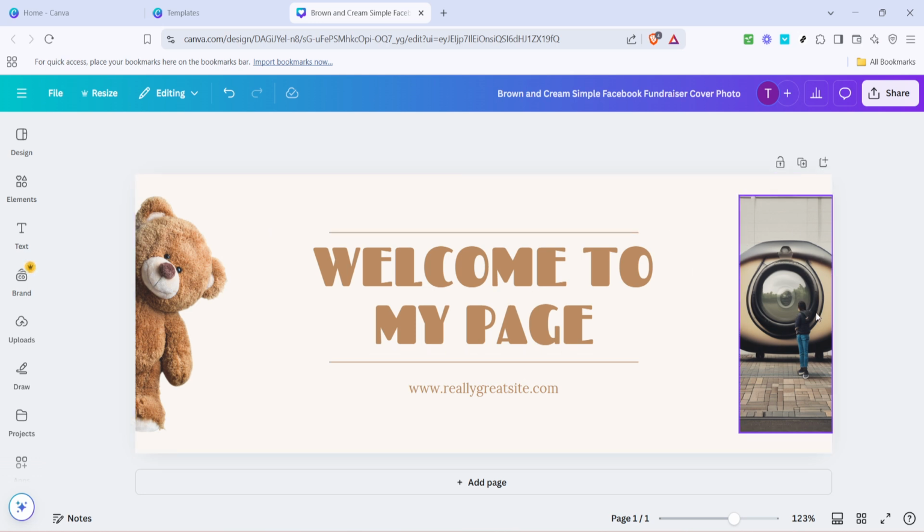After personalizing the text and images to your satisfaction, take a moment to review your design. Ensure that it's both visually appealing and representative of your intended message. Once you're happy with the final result, you can easily download your creation and upload it as your new Facebook